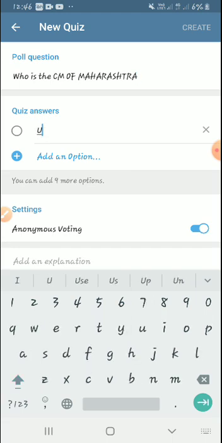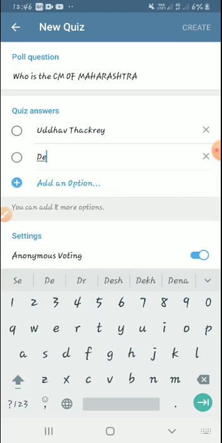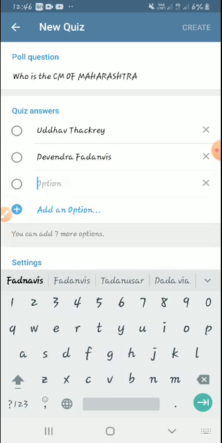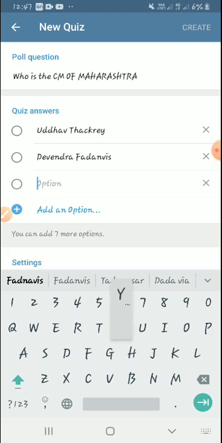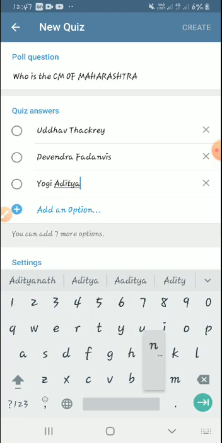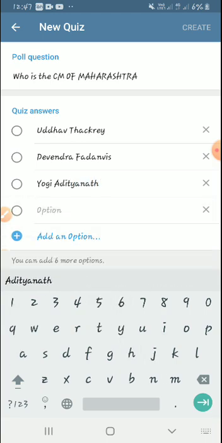We can give options: Uddhav Thackeray, second option Devendra Fadnavis, next option suppose I give Yogi Adityanath, one more option suppose Akhilesh Yadav.